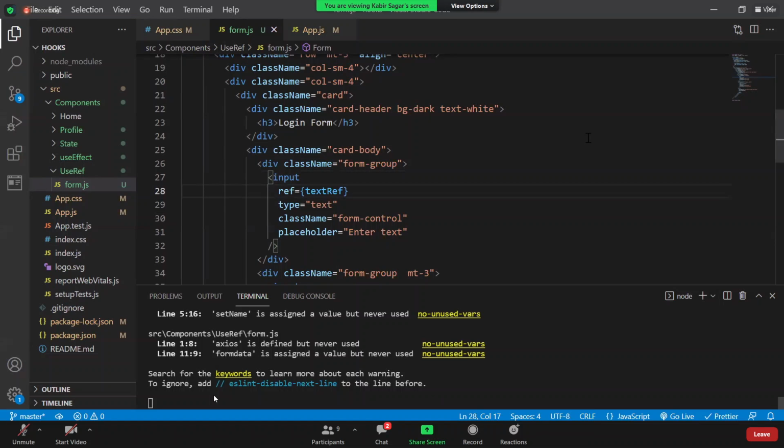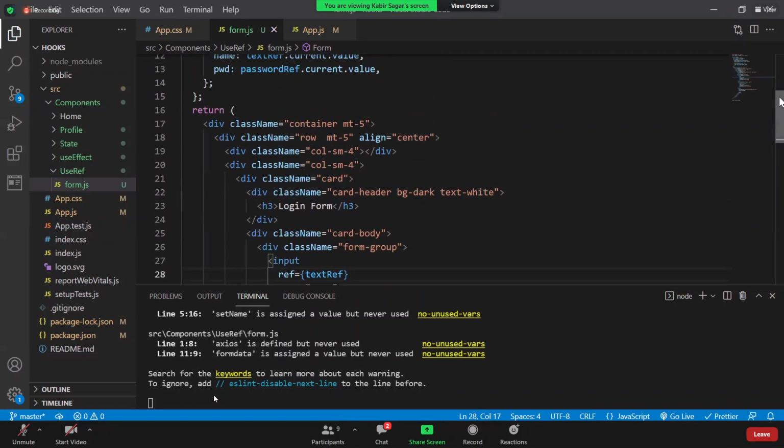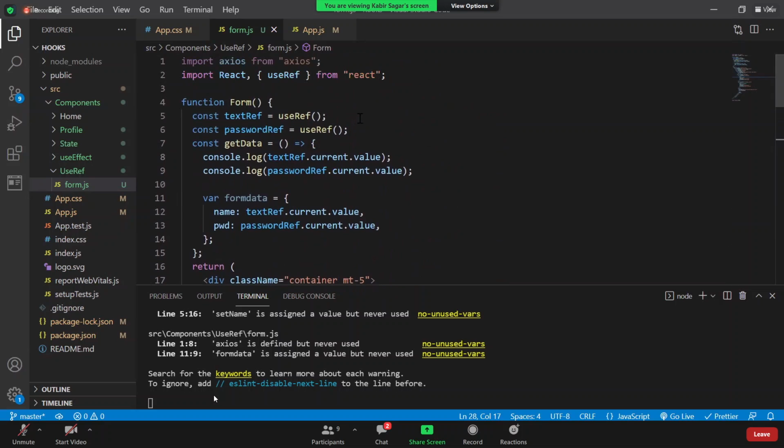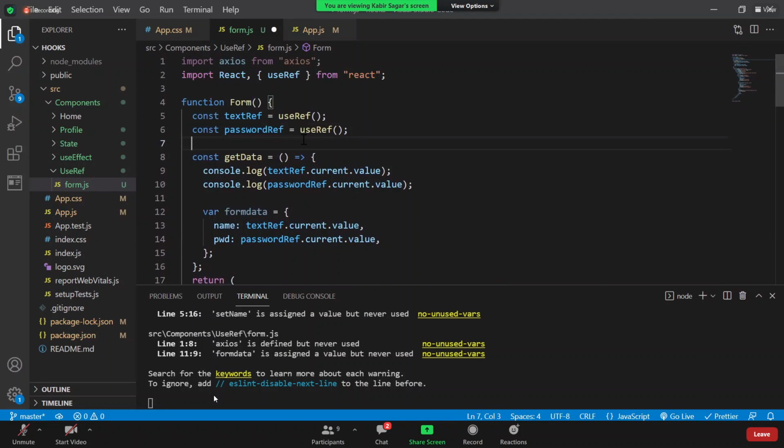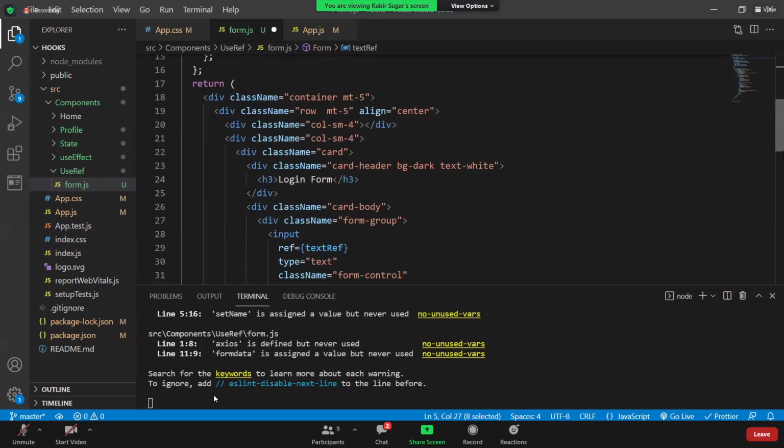Understood? This useRef: how many references can you create like this? Any number of references you can create. You can create 100 references, 200 references, 50 references. However many you want, that many references you can create. If you call useRef, it will create a different reference each time. You call useRef 10 times, it will create 10 different references. And just attach those references to your input elements.